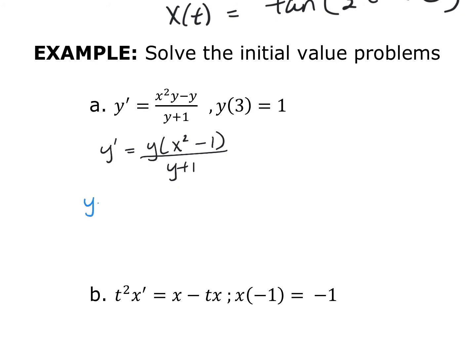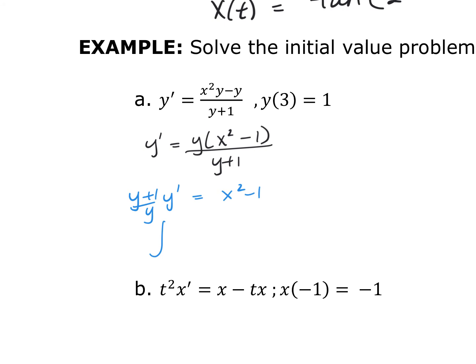So I have (y plus 1) divided by y prime is equal to x squared minus 1. Now I'm going to go ahead and integrate both sides. When I integrate the left-hand side, as before, we remember that (y plus 1) divided by y is 1 plus 1 over y. So this is the integral of 1 plus 1 over y dy, which is equal to the integration of x squared minus 1